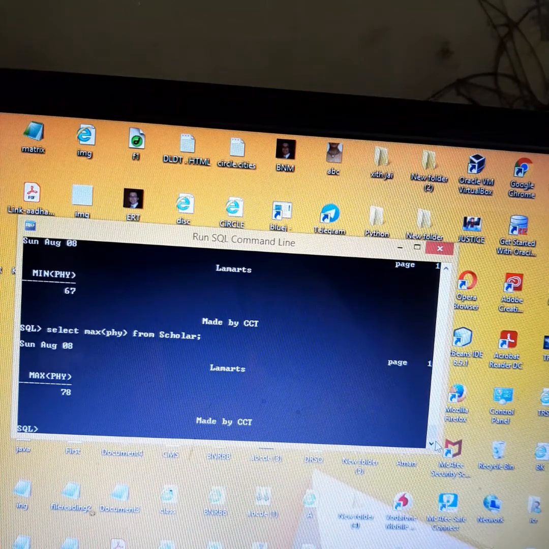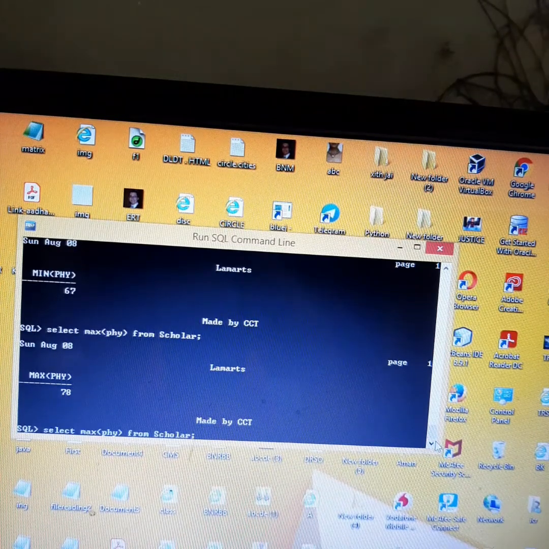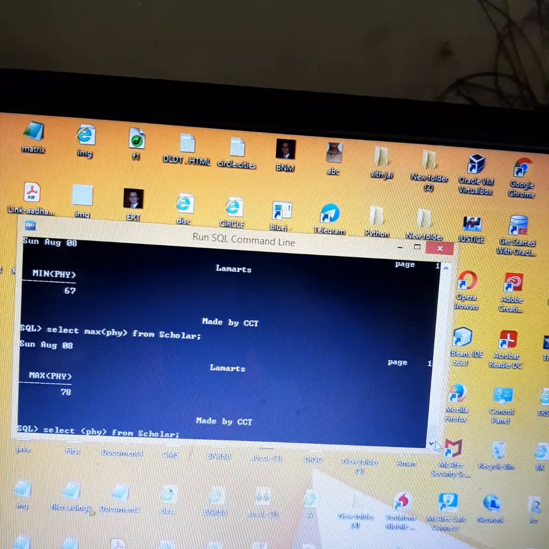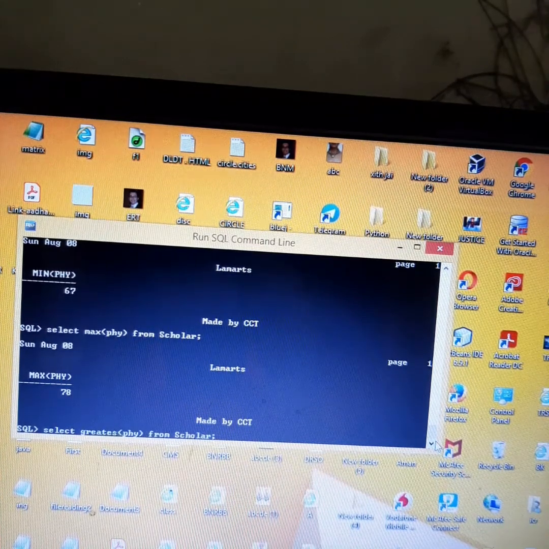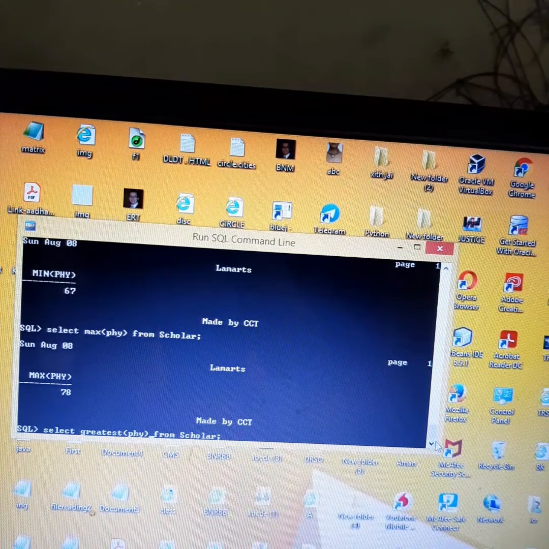Then come list functions. If you want to find out the least or the greatest of the 3 columns in one row, then you can use it. Like if I want to use select greatest, and I am writing here physics, comma chemistry, comma maths.